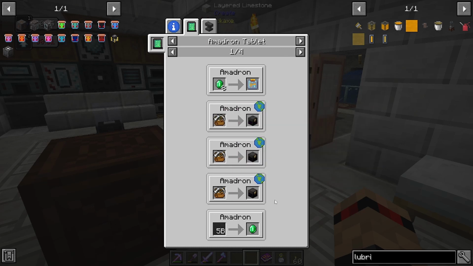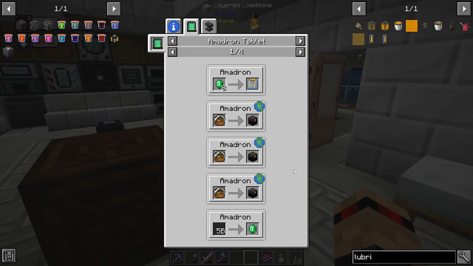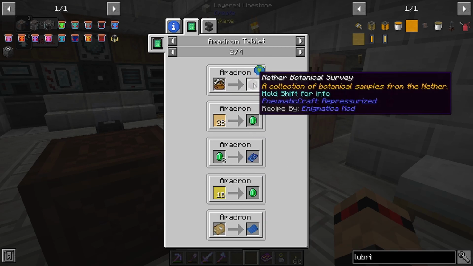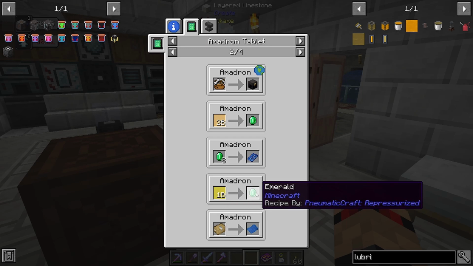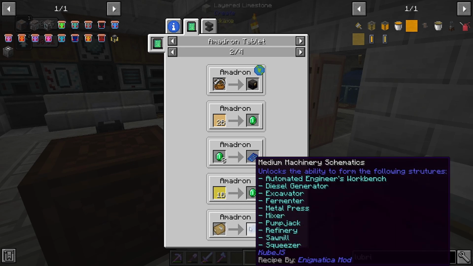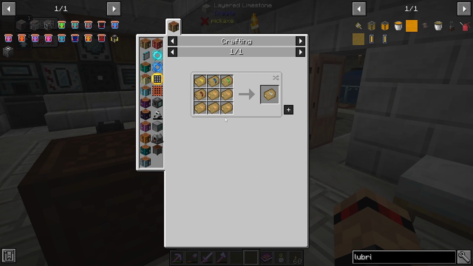Oh, I guess you can pick which one you want. You can turn crude oil into emeralds. That one is in the nether. Interesting. LPG you can turn into emeralds as well. You can get a PCB blueprint right there. This is the one that's going to take us the longest amount of time because